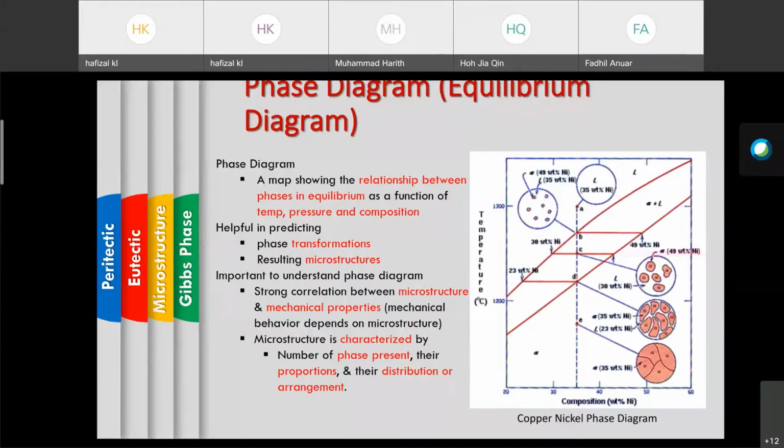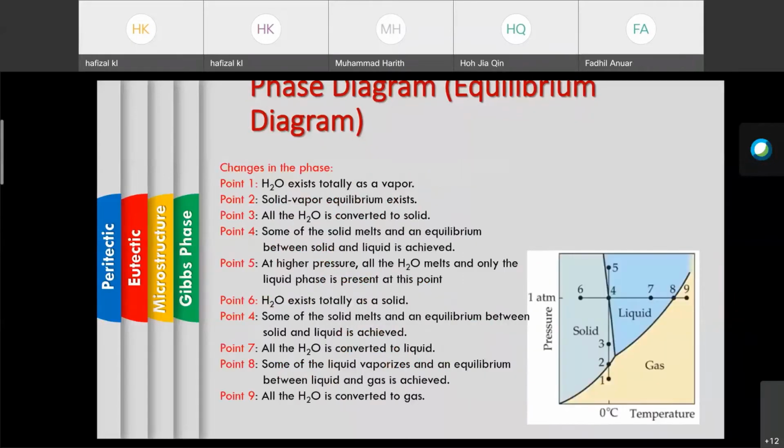During the solidification process, what will happen to the composition or the phase? From there we will need to analyze, or we can get the information in terms of prediction, in terms of understanding what will happen during the cooling process. And also we will see the basic phase diagram of